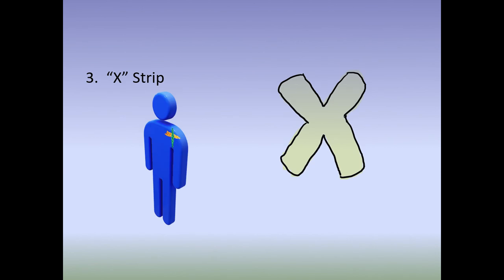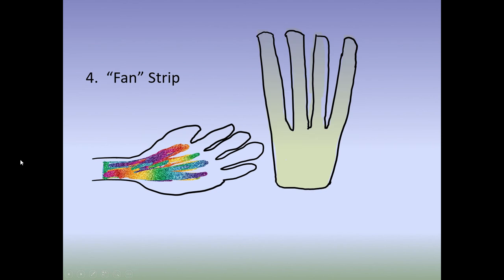Coming down to X tape. X tape has two different strands crossing each other at the center point, cut with rounded edges. This tape can be used for a single point if a trigger point is present at the single point, or if you want to activate the insertion of the muscle.